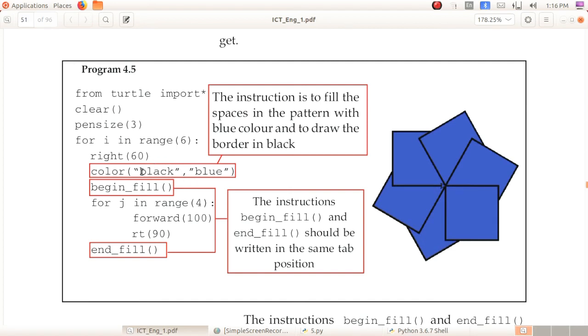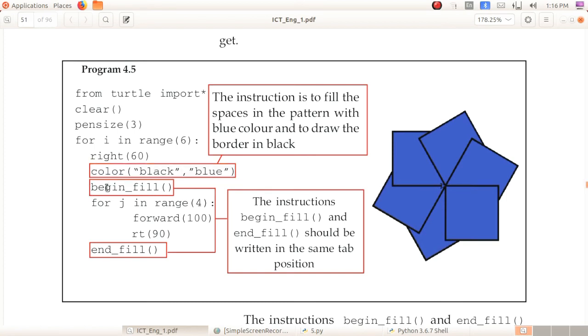Color of blue means the border will be in blue color, but here you can see 2 colors. First one is black and second one is blue. So this black color is for the border, which means the first color is for the border and the second color is to fill the pattern. Okay, remember first color is always for border and second color is for filling.